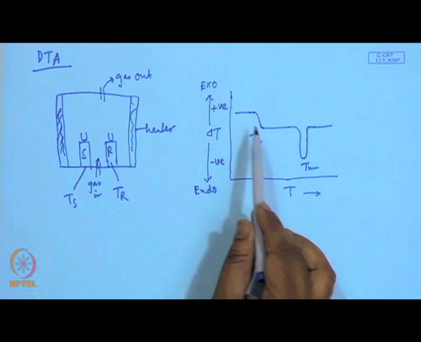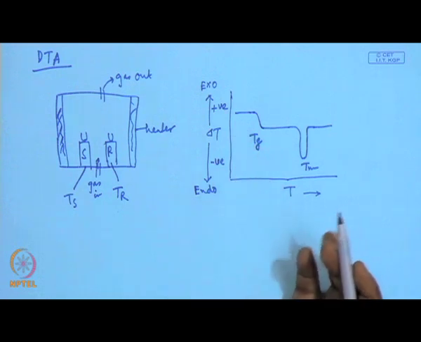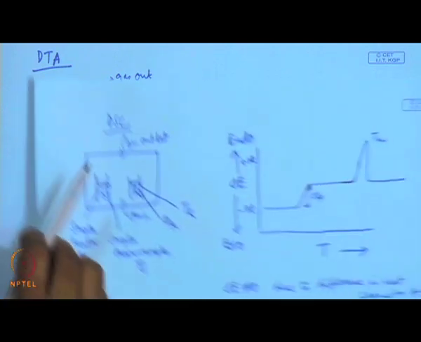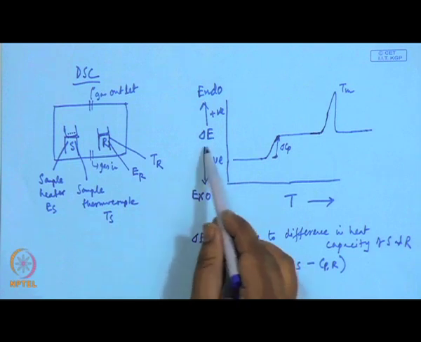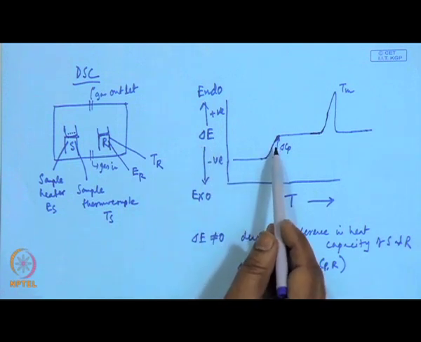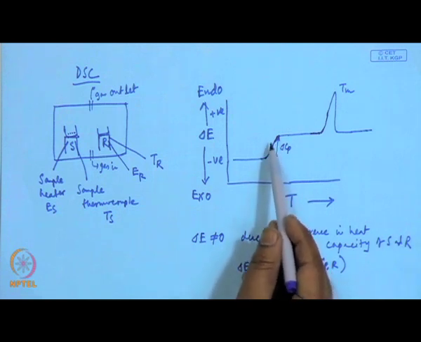So, any phase change which involves glass transition or melting, which is an endothermic process, will require more heat to maintain the temperature,